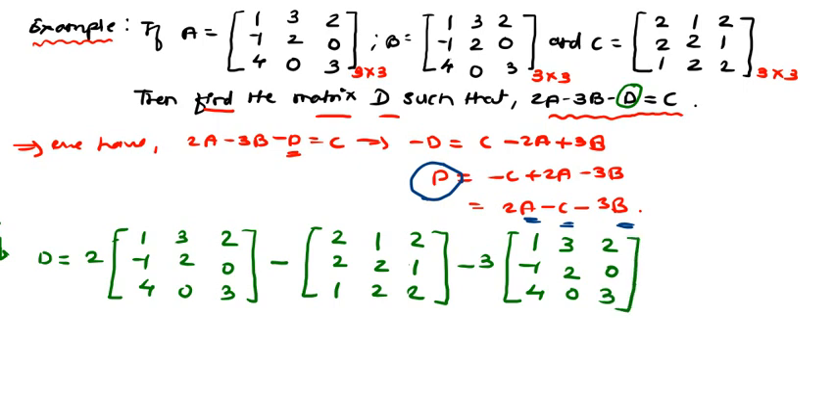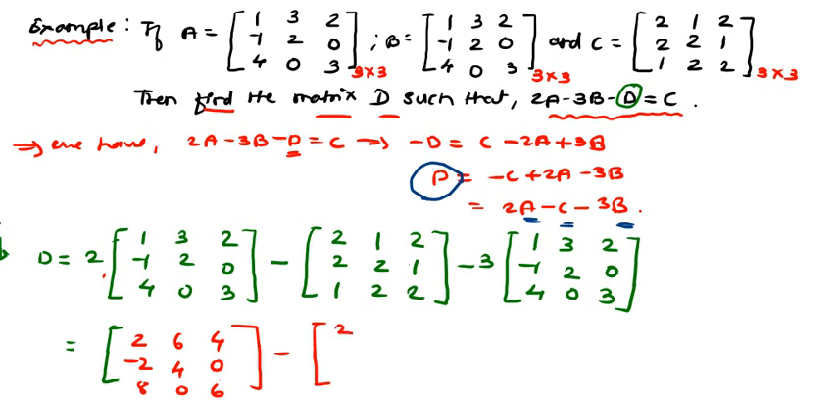What is matrix B? Matrix B is 1 minus 1 4, 3 2 0, 2 0 3. Now just multiply the given matrix by this scalar. So what will we get? Multiplying this whole matrix by the scalar 2, we will get 2 into 1 is 2, this will be minus 2, this will be 8, then this will be 6, this will be 4, this will be 0, this will be 4, this will be 0 and 6. Minus this matrix will be as it is, 2 2 1, 1 2 2, then 2 1 2,